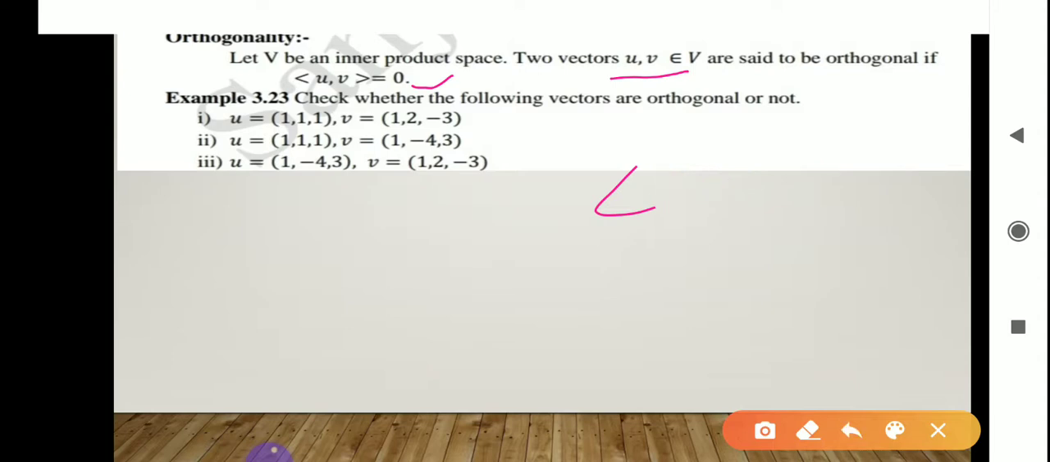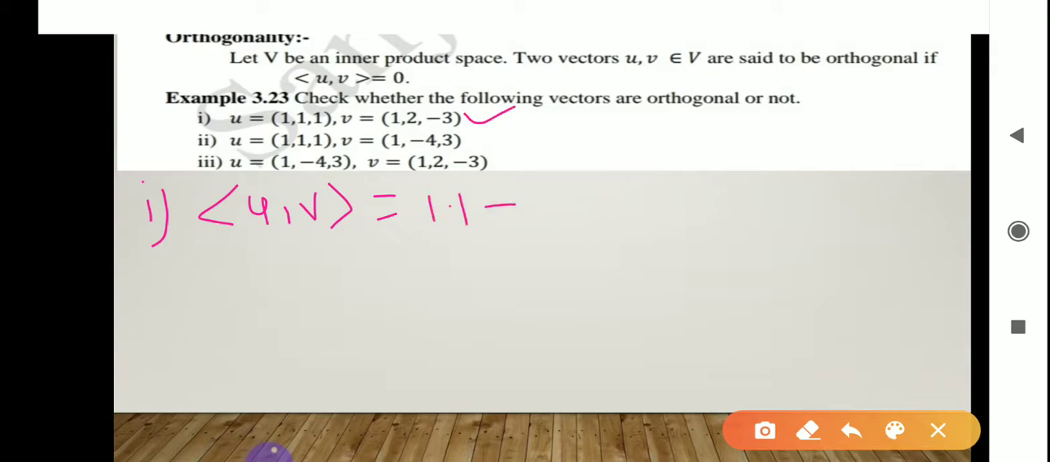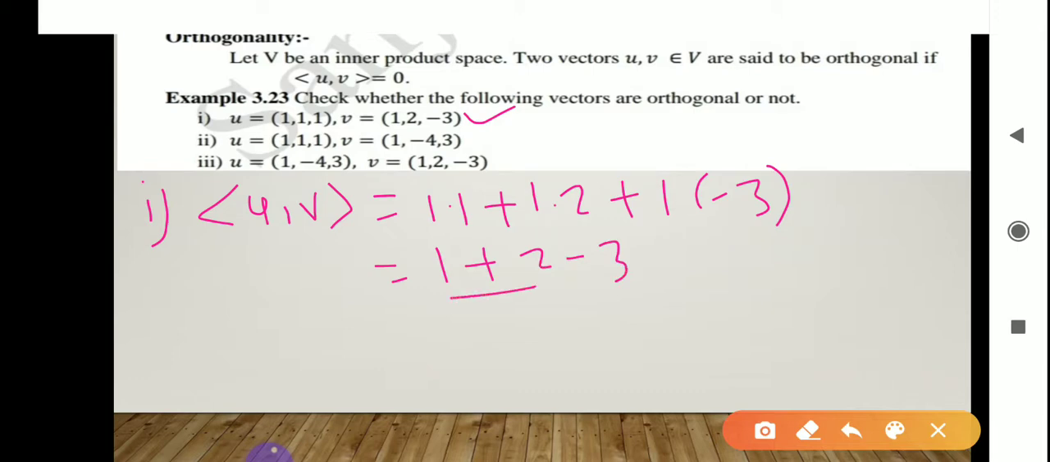Now here some problems are given. The first problem is to check whether the following vectors are orthogonal or not. In the first one, u is equal to (1, 1, 1) and v is equal to (1, 2, -3). So first we have to find the inner product of u and v. The inner product of u and v is 1 into 1 plus 1 into 2 plus 1 into minus 3. If we solve this, it is 1 plus 2 minus 3. 1 plus 2 is 3, and 3 minus 3 is 0. So the inner product of u, v equals 0, and therefore we can say that u and v are